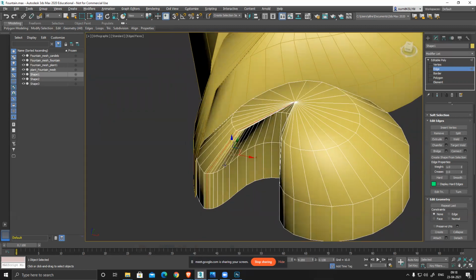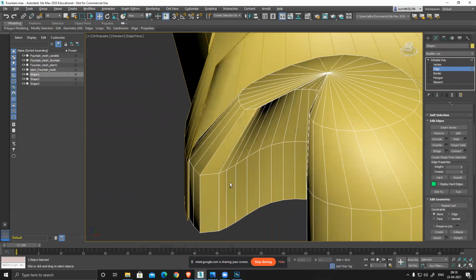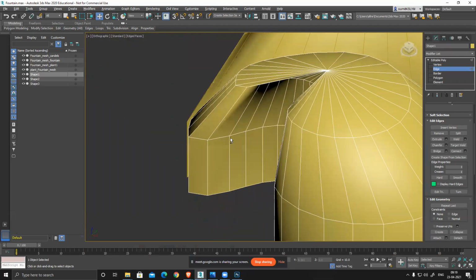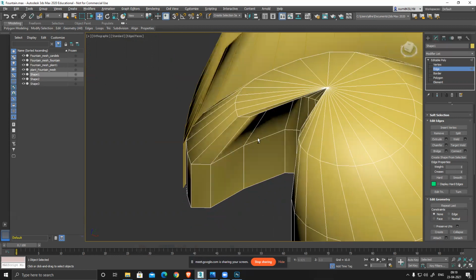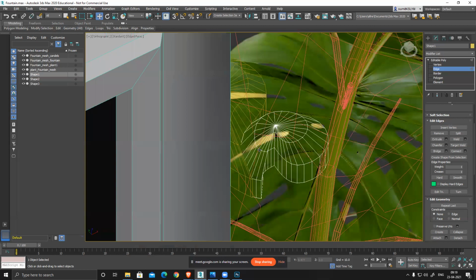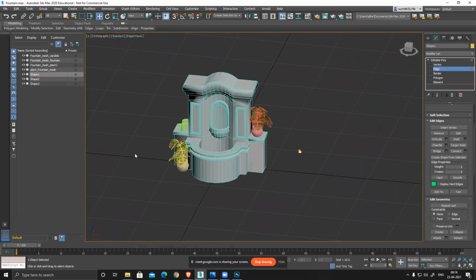So I'll just remove a couple of loops, just to keep it simple and clean. I can optimize it really nicely. So this scene needs to be low poly only. Yes, this needs to be low poly. So that's why you can see now my base main model is somewhere.